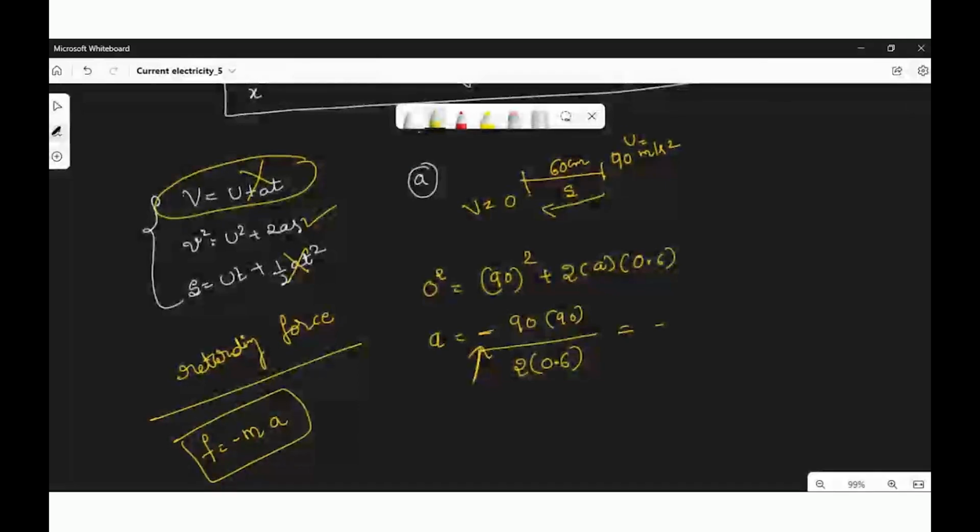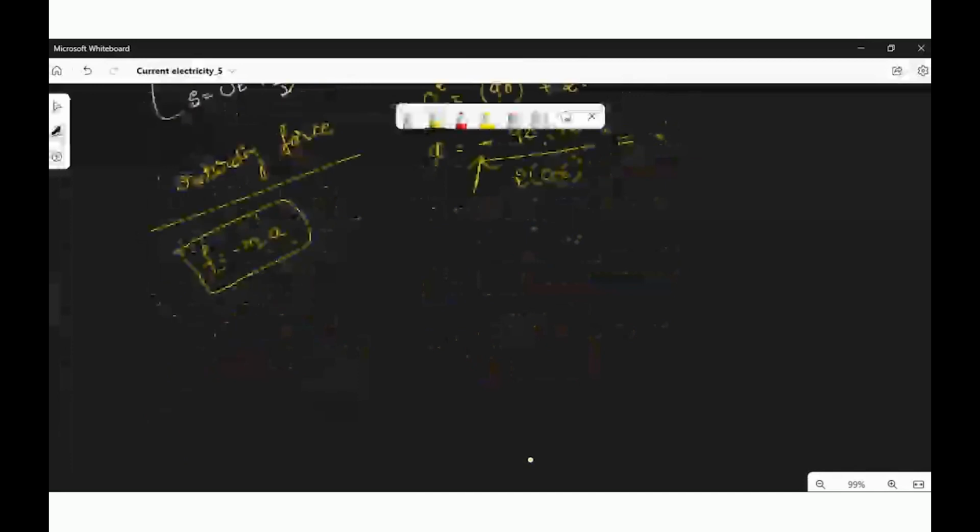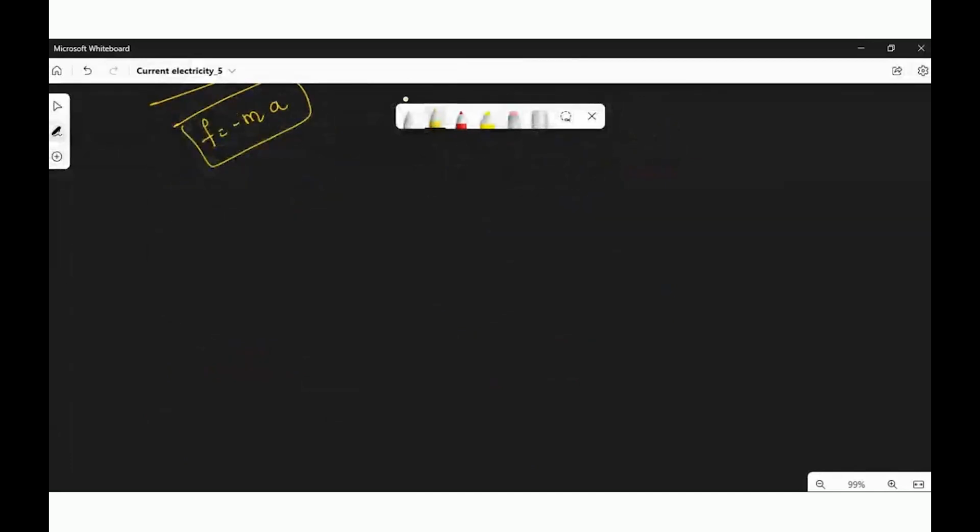Moving to the next question, that is 5.3. Hope you can see that. The motion of a particle of mass m is described by y is equals to ut plus half gt square. Find the force acting on the particle. This is one interesting type of problem, so we'll work out this. Any problem can be asked in this way.